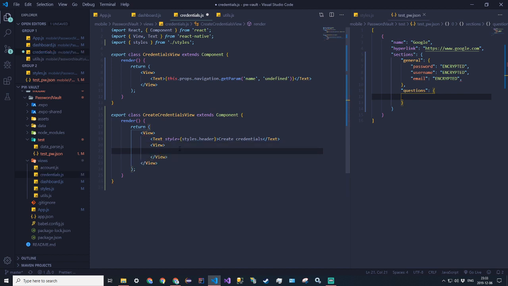And I guess for now we'll just be creating the general, and then we'll be able to actually apply it to adding more sections, but we just want to get the general stuff down now. So then text, and we'll just say general info,